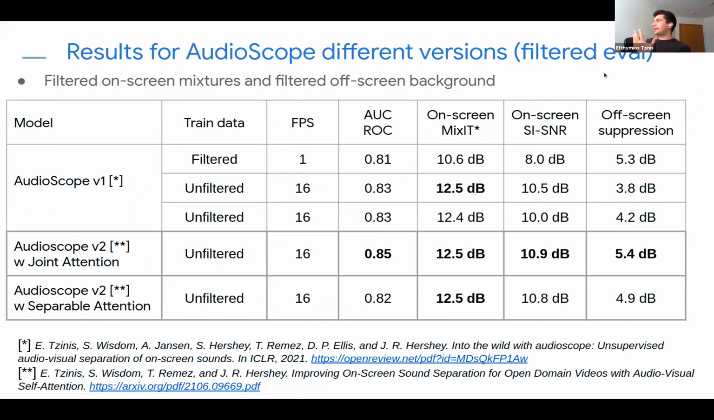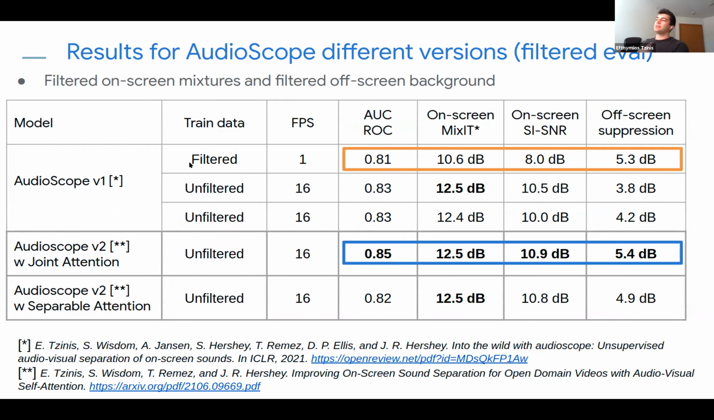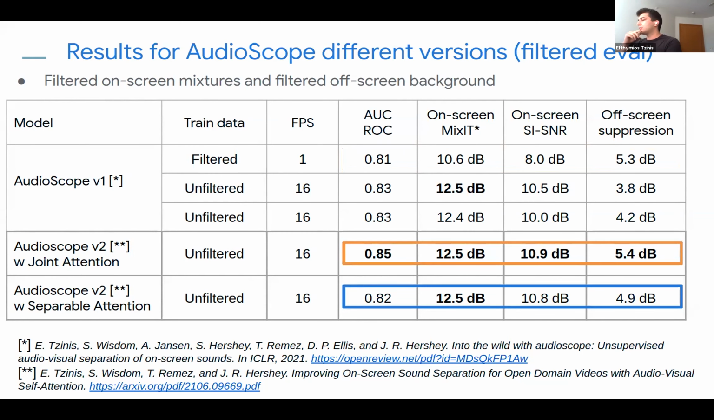So we first evaluate Audioscope and its new version, as you see here on the left, on the same filtered evaluation data that we had in our first ICLR paper. We see here that, first of all, Audioscope V1 trained on filtered data is in-domain training, while with our new model, Audioscope V2, we get much of an improvement across all of the metrics of area under the curve, on-screen sound reconstruction, and off-screen power suppression, while we train with the unfiltered data, a more general data set. And we also see that when we replace the joint self-attention with separable attention, we still get similar